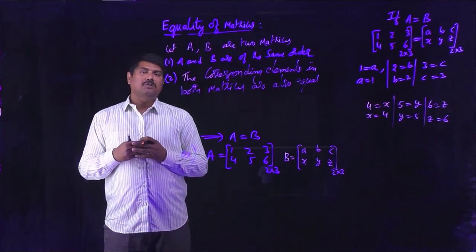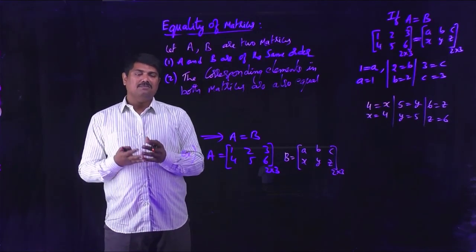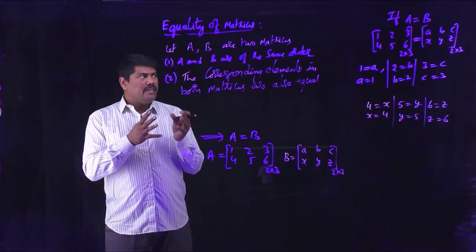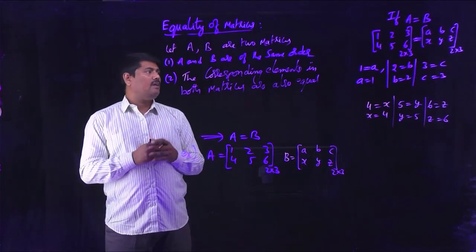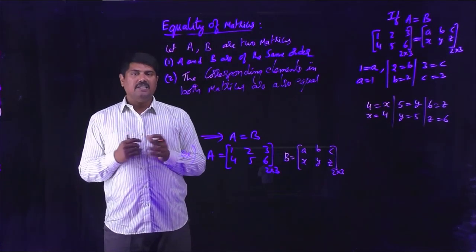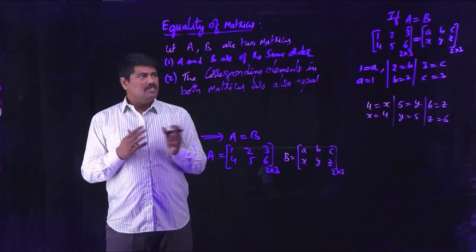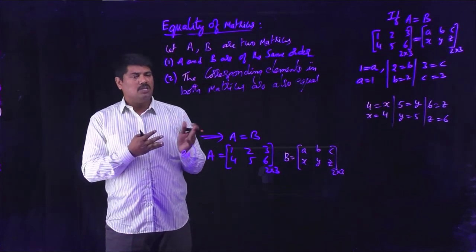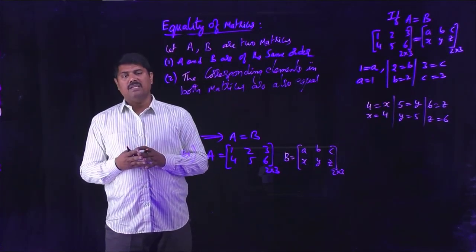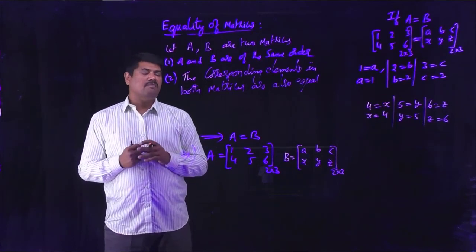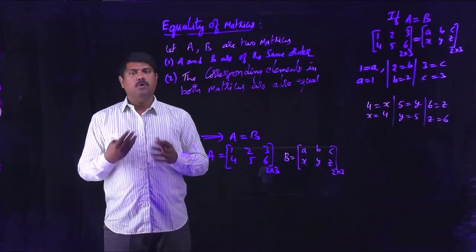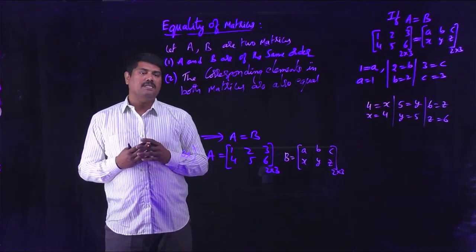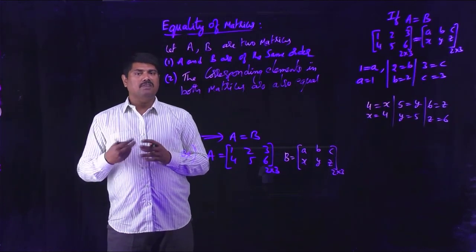Later we discussed how we can multiply a matrix with a scalar, with a number. And the last concept: how you can equate two matrices, and what conditions are required to equate two matrices. So this is the introduction part of matrices. Using this concept, you can do some very easy problems. Later we have some more concepts about multiplication of matrices and different properties regarding matrices, which we will discuss later.